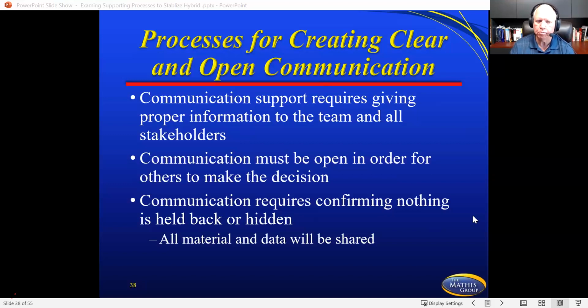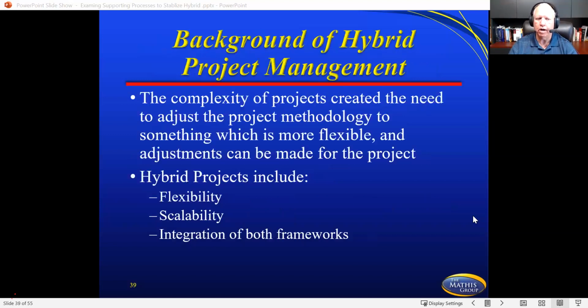So communication support requires giving proper information to the team. What information do they need? They need as much as we can possibly give them. So it has to be open and it has to be clear so that they understand not only what they're working on, but how this fits into all the way up to the strategic plan. This is the bigger deal, and PMI is even driving this on their PMP test to understand how my little project fits into the overall strategic plan of that organization and what I'm doing and what I'm driving in those